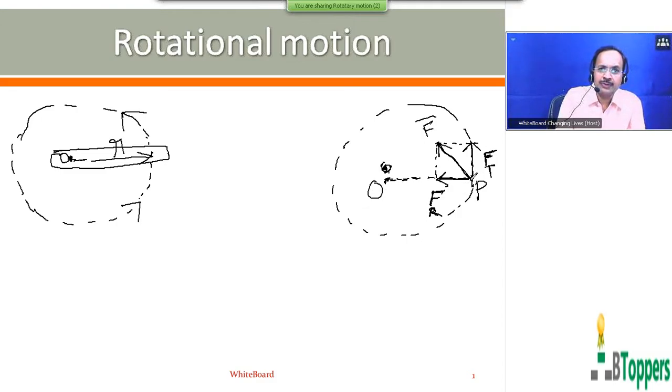So the line of action of the centripetal force on a particle passes through the center of the circular path, which lies on the axis of rotation. Therefore, the moment of this centripetal force will be 0. Therefore, the magnitude of the resultant torque acting on the particle